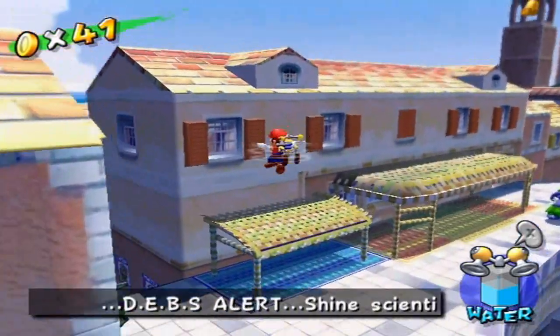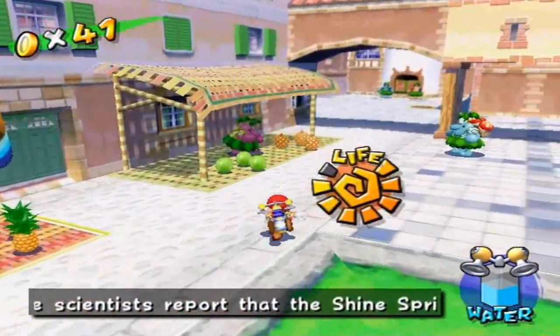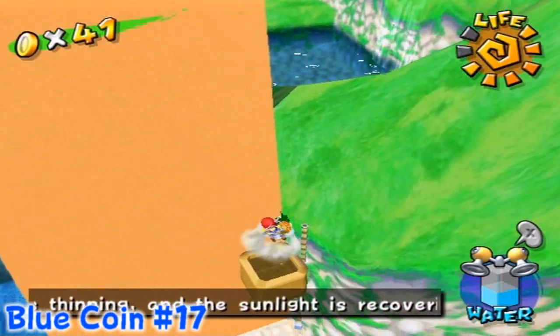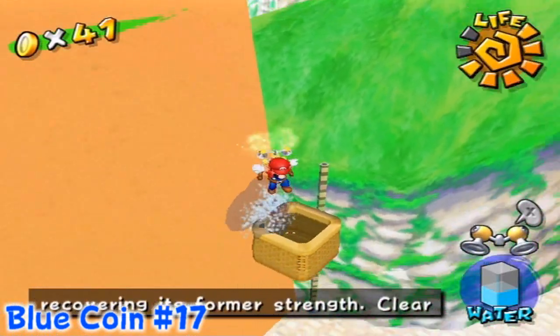A much more reasonable request than the durians. So yeah, even though the basket is a little bit high up off the ground, we can just spin jump and it won't be a problem at all. And also the fruit market's right around the corner. All right, and with that being said,